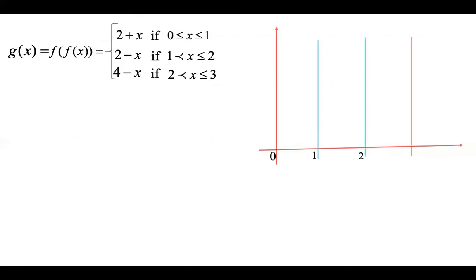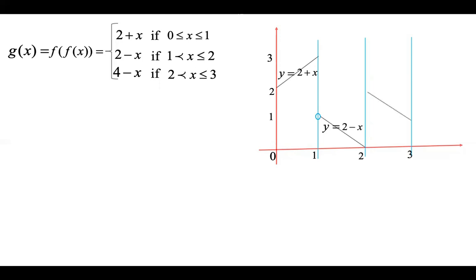And at every instant, at the end points, you keep observing carefully whether the end point value goes with the left side piece or the right side piece. So on the y-axis, 1, 2, 3 are there. Now in the interval 0 to 1, the piece of the function is y is equal to 2 plus x. And in the interval 1 to 2, the piece of the function is y is equal to 2 minus x. And at 1, the function is taken with its left piece, that is 2 plus x, not 2 minus x. That is the reason I kept a hole there.